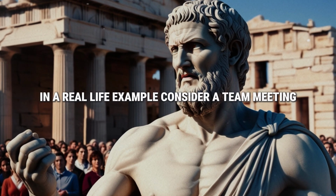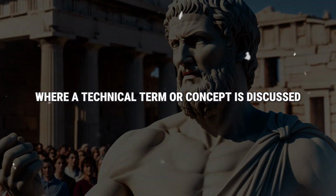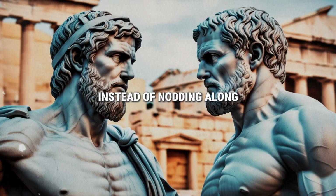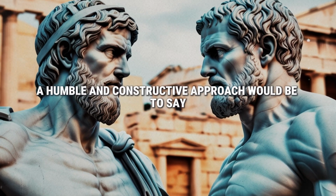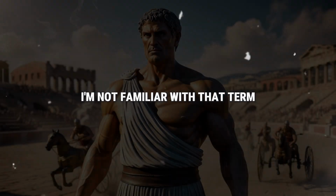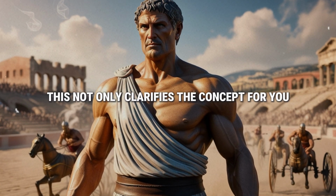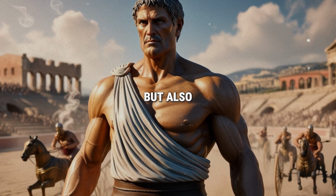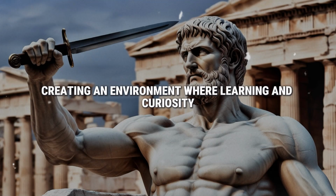In a real-life example, consider a team meeting where a technical term or concept is discussed and you're not familiar with it. Instead of nodding along and risking misunderstandings later, a humble and constructive approach would be to say, "I'm not familiar with that term. Could you explain it a bit more?" This not only clarifies the concept for you, but also encourages others to feel comfortable asking questions, creating an environment where learning and